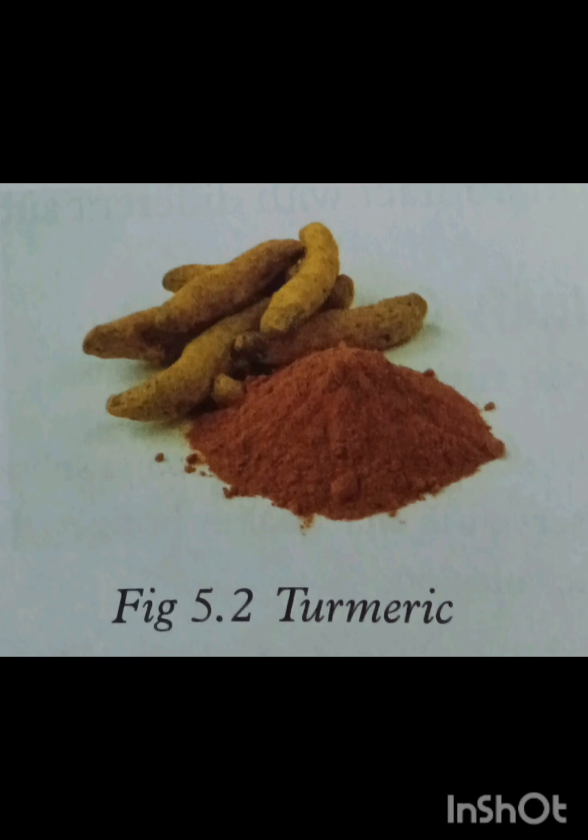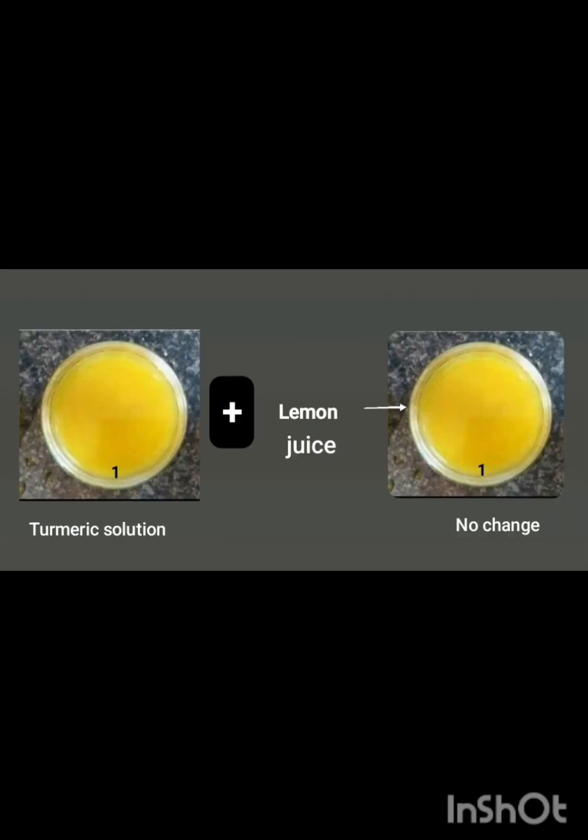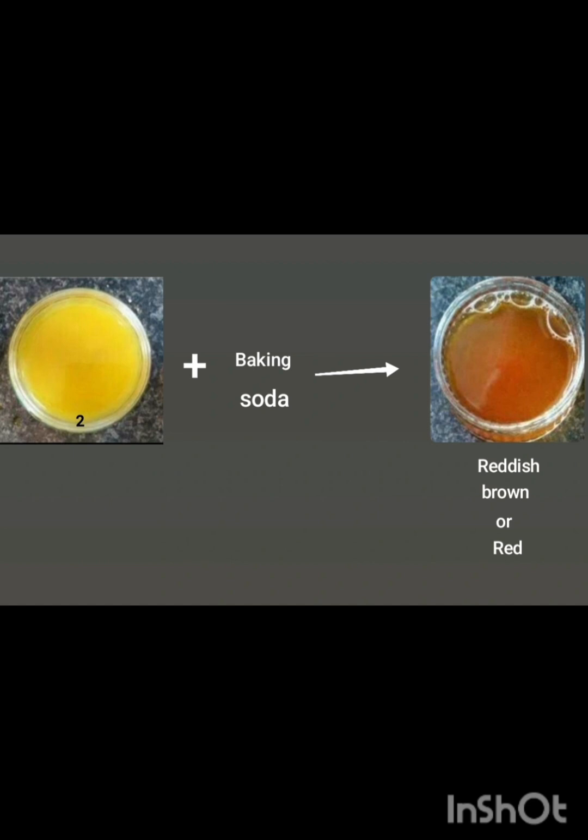Okay? You will take some solutions like turmeric solution, lemon juice, baking soda and common salt. Okay? We take 3 bowls and fill all three with turmeric solution. Okay, and in the first bowl we add lemon juice. When lemon juice is added to turmeric solution, the turmeric will not change color because the solution remains in the acidic range. Now in the second bowl